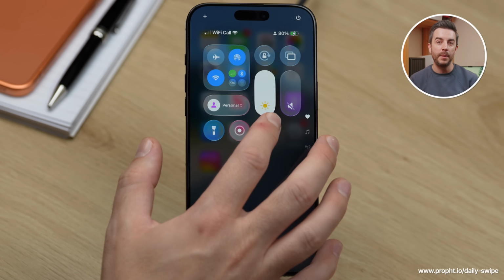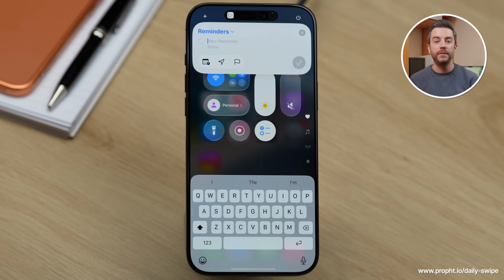Once you've done that, exit edit mode. Then the next time that you think of something that you need to remember, open Control Center and tap New Reminder. A new reminder field will appear at the top of your screen. You can choose which list to add it to by tapping the list name, then type your reminder along with